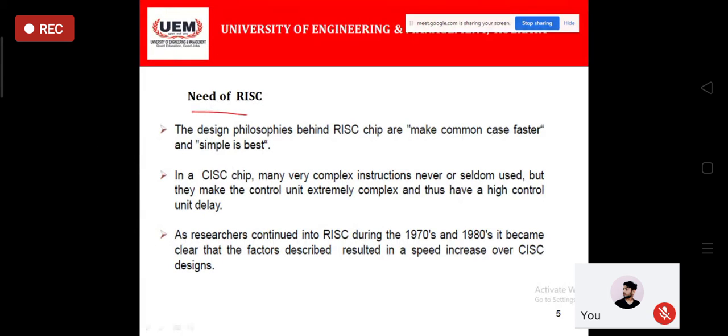Now, the need of RISC is basically, in one line you must understand, speed to be increased. That is a very common thing. The efficiency of RISC is very high, as one complicated instruction is broken into multiple instructions. So what is the disadvantage? Can you tell me? In CISC you write one very complicated instruction and eliminate other instructions. In RISC, we are using smaller instructions in multiple ways. Can you tell me what is the drawback of RISC? Any common sense?